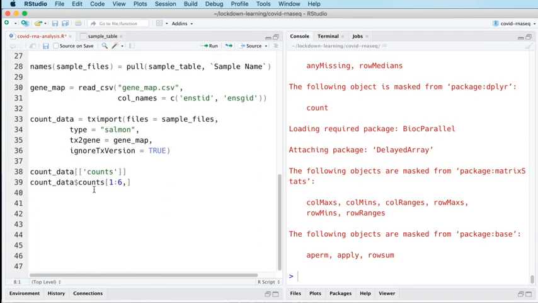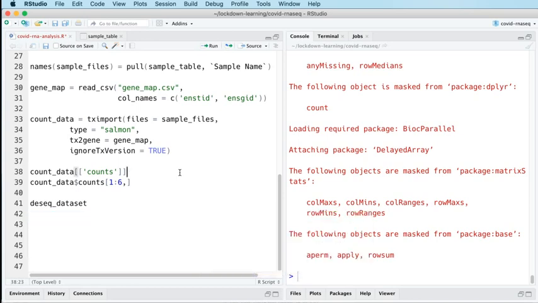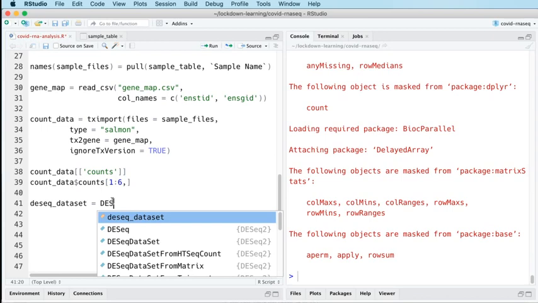And then to get the results of our tximport command into DESeq is actually a really straightforward process. It's just a single function because there are authors in common between tximport and DESeq2, so it is in the interest of the authors of both of those packages to make them work nicely with each other. In order to go from the results of tximport to a DESeq dataset, we just need to run the function DESeqDataSetFromTximport,